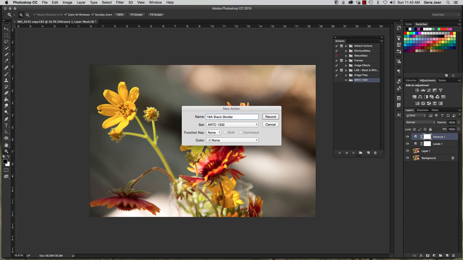The next action you're going to create is on page 819. You're going to follow the steps from page 819 through 822 to create a conditional action. This action will also be placed in your ARTC 1302 set, and you'll name it 18B watermark action. And for this action, what it's going to do is walk you through how to add a watermark automatically to